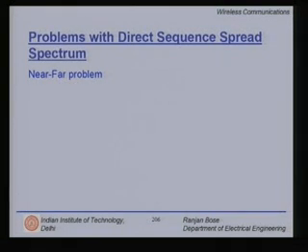The most important problem is the near-far problem. The problem is that all of the users are separated using their own codes. So consider, for example, the CDMA scenario where user 1 is closer to the base station and user 2 is farther away from the base station. In that case, the signal coming from user 1 might drown the signal coming from the farther located user 2, unless user 1, closer to the base station, lowers its radiated power. This is called the near-far problem.